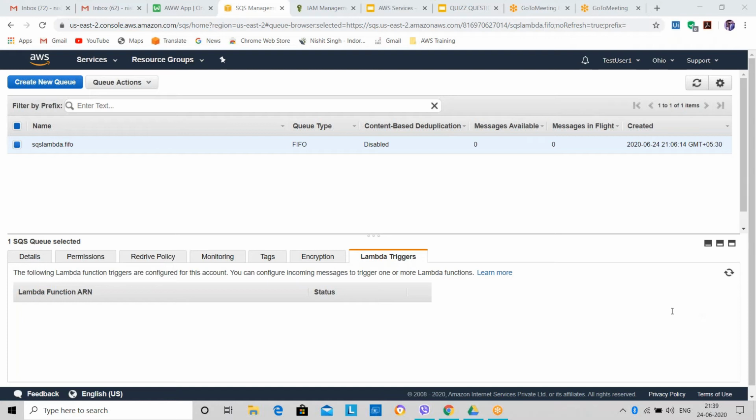Okay, Manoj, let me read it. I've just told Lokendra that if you are using SQS with a Lambda function for some applications, you can use SQS to send the notification in that way.